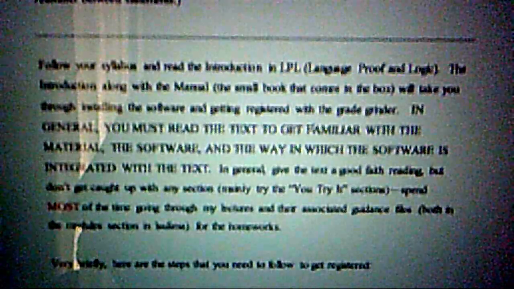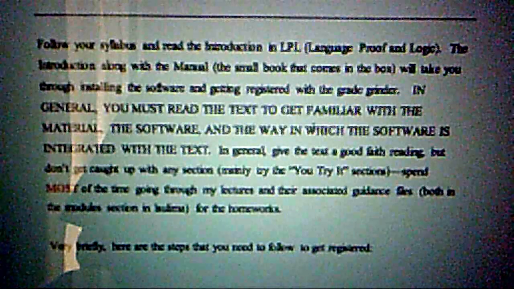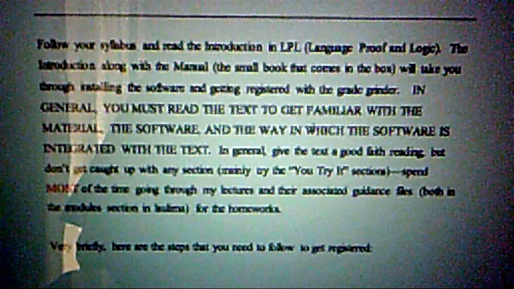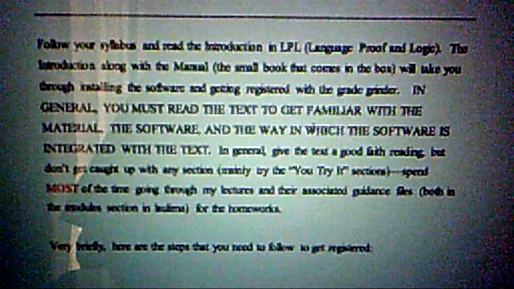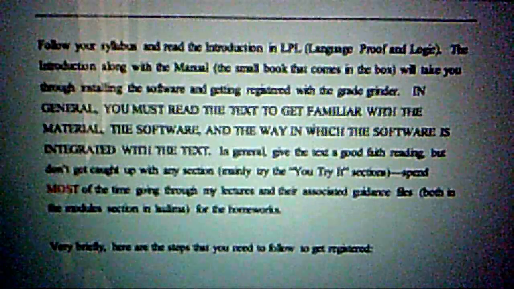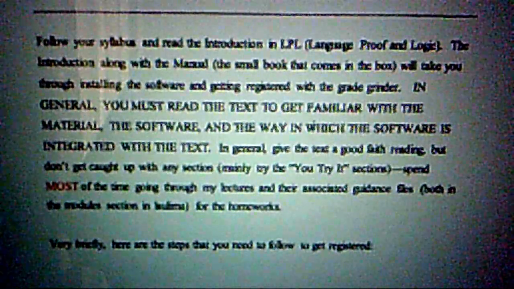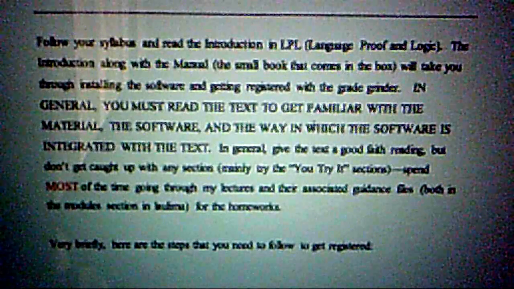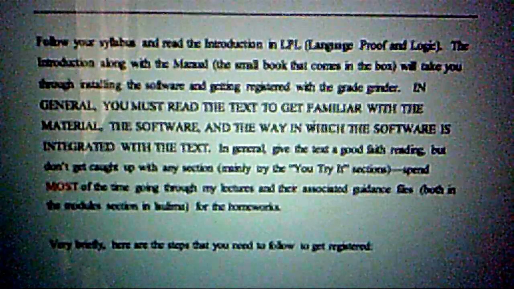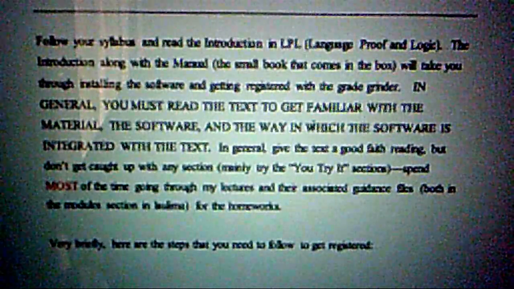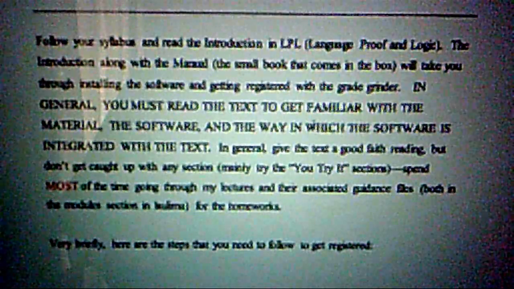Alright. That's the end of the first lecture. In the second lecture, what I'm going to do is take you through the installation of the software, getting registered with the grade grinder, and a whole series of other things. So be sure to check out the video for that. Remember, all of these things are also contained in Laulima. It is strongly recommended that you go through the reading materials. That's like slow digestion. If you go through the reading materials and the picture files and the audio files and all those things that I have in Laulima in the module section, you're going to have a better sense of what the concepts are about.